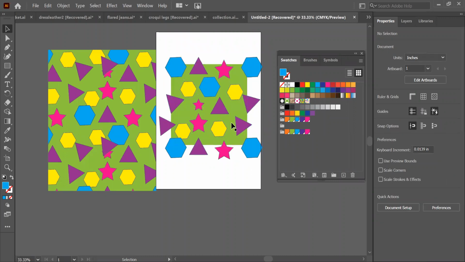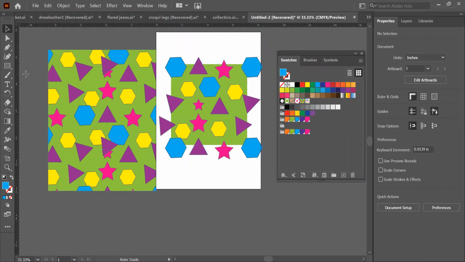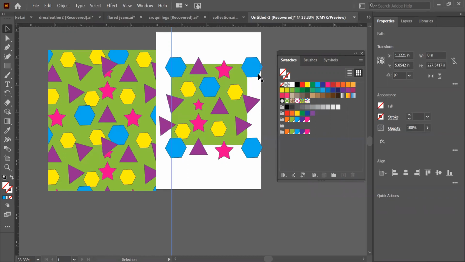If you guys want to crop it, what you can do is drag the guidelines from here. If you're not able to find the square, like I have clearly demarcated, but in your case it's not demarcated, you can just put your guidelines here, like here.